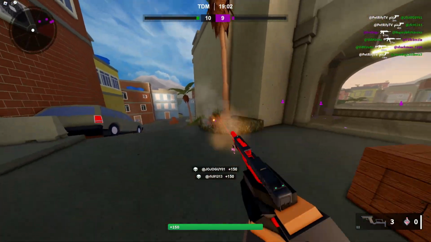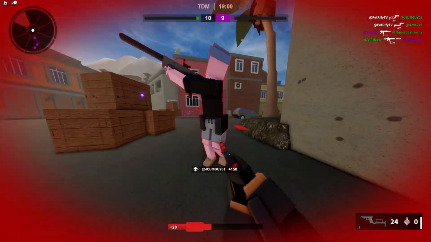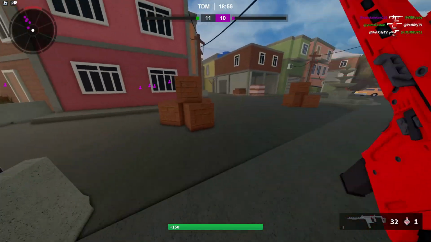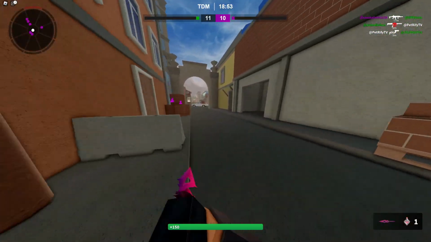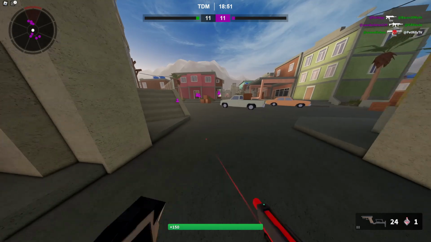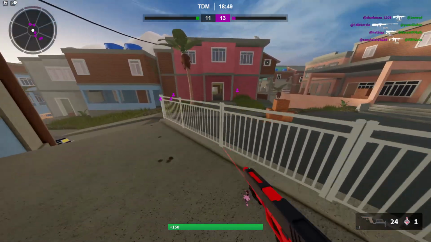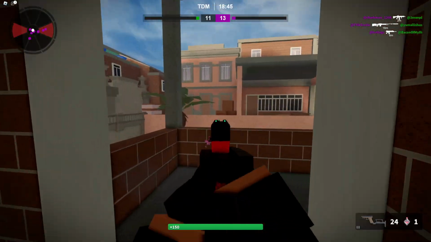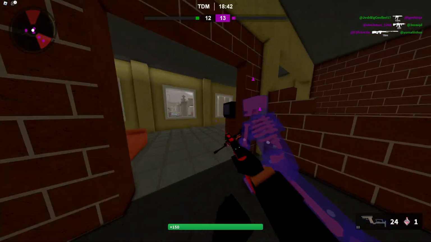Coming at the number 1 spot, I figured I should go ahead and start off with a secondary, and I went ahead and threw the G18 in here. Now, I believe you unlock the G18 within Prestige 1, so it's something that you don't necessarily have to buy unless you really, really want a reliable secondary. And as of right now, the G18 is slightly better than the MAC-10,